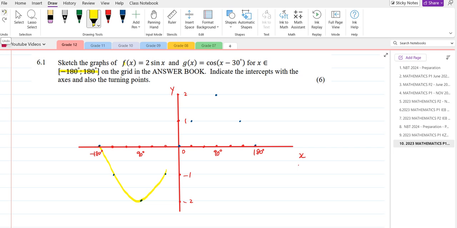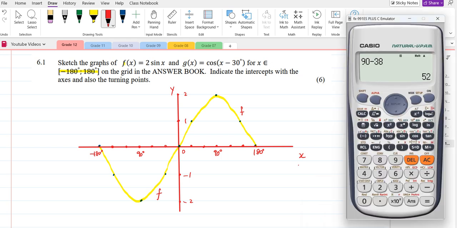So I kind of went off from here. I'm just trying to draw the sine graph, alright? Guys, you can also use the calculator, right? Right, so I've got a nice sine curve, which is f of x. Let's label this graph as f, right? That's the graph f. And now the graph of g is basically the cos graph, which is shifted 30 degrees